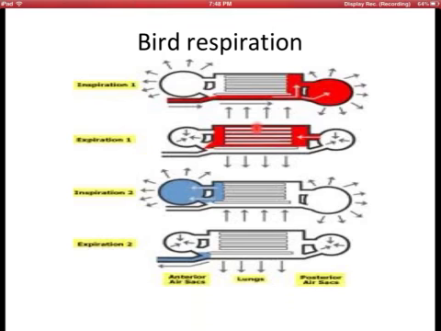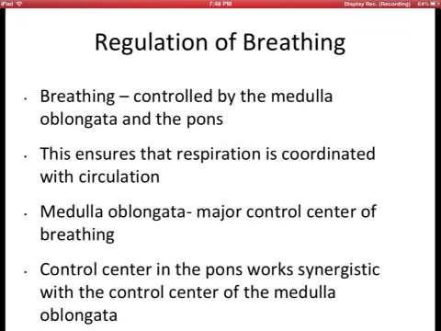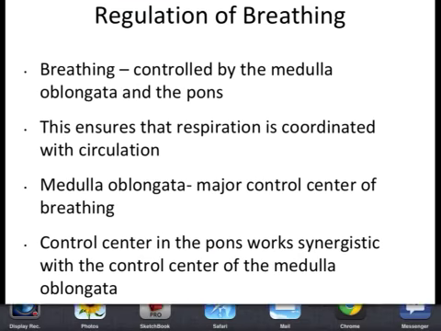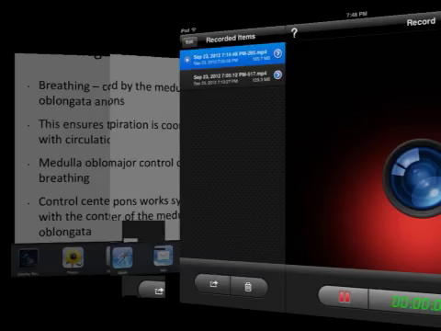Pagdating sa parabronchi, lalabas yung mga O2 na kailangan, and then afterwards, magre-relax si air sac ulit. Kukunin yung mga gases na nandito, and then waste gases na to. Kapag nag-contract siya, lalabas na si gases. Ma-exhale na siya. Okay? So, that will be it for the third